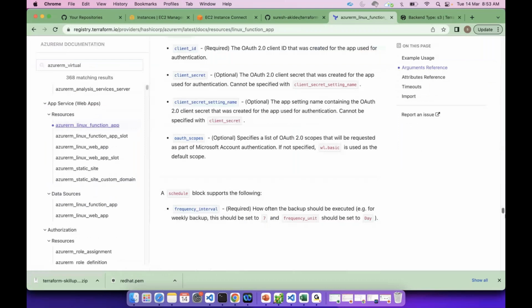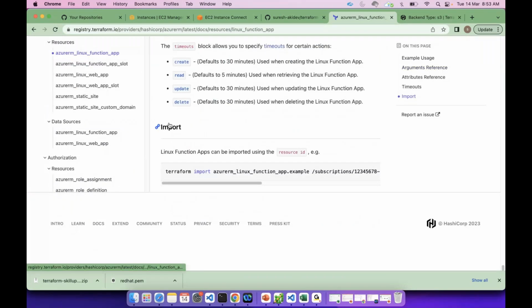So here, this is a command you have to use. What is the information we need to pass? This resource ID we have to pass. So for Terraform import, this block you should write in the Terraform TF file. After that, you have to pass this resource ID. If you pass this and execute this command,